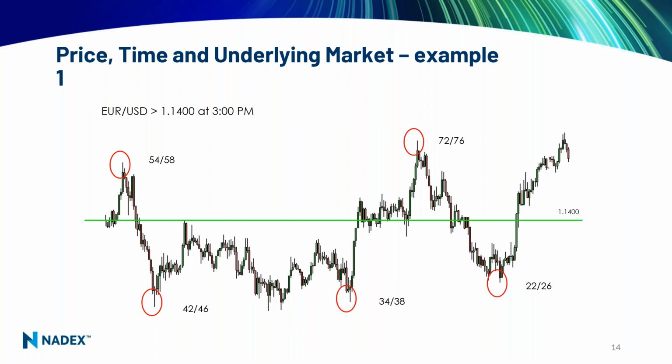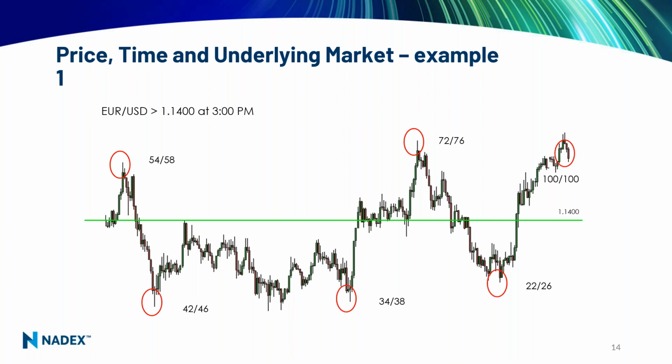Now, if it goes lower, it can only go to 0. If the price of this binary option finishes at that green line or lower, it's going to go to 0. If it goes above that green line, it has to be greater than that green line. It doesn't matter how much higher it goes. It can go to 1.1401. If that's where it settles at expiration, it would go to 100, and anything above there would go to 100. In this case, it did.